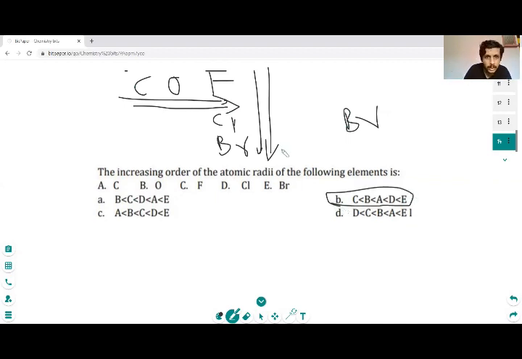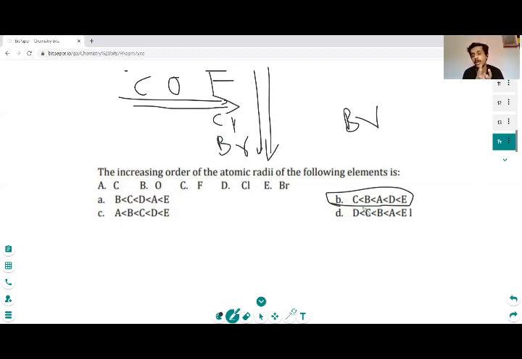So these are the tricks. We know for sure fluorine has the smallest atomic radius, by fact and also by concept, because as we go from left to right atomic radius decreases and fluorine hits the lowest. And when we go from top to bottom, atomic radius increases. That means fluorine should be smaller. Fluorine has the smallest atomic radius. After fluorine you have oxygen, then carbon, then chlorine, bromine.